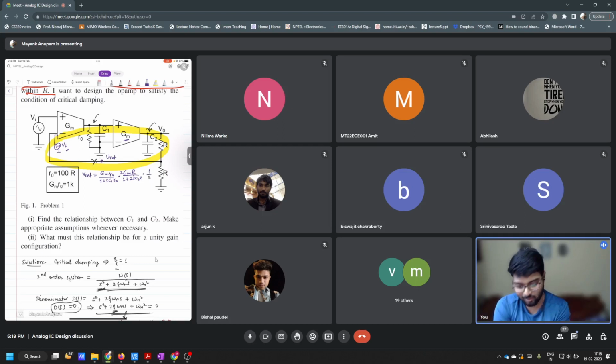Okay, so you do it and you see that this is the equation. This is very easy to see, by the way. Directly write it: this is the V return into Vt. So what is loop gain? L of S is equal to V return by V test. Correct. So that is equal to